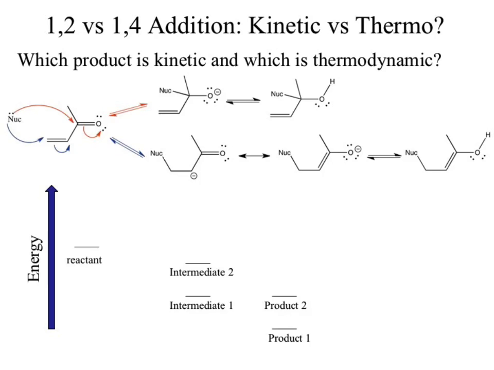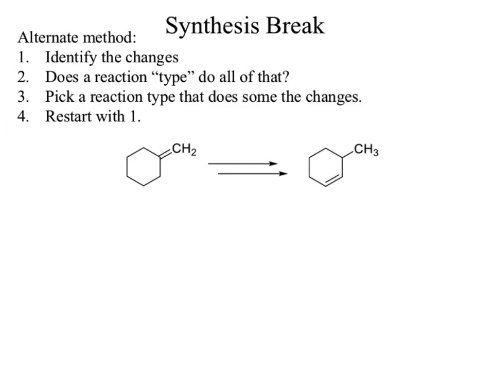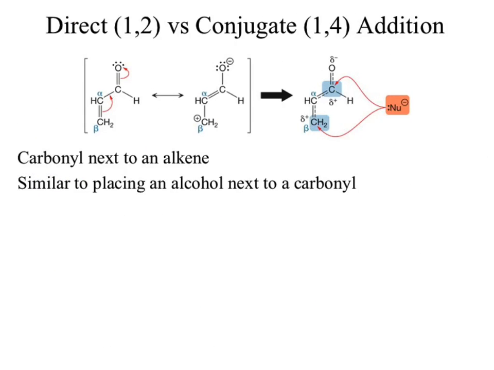The next big section, I guess I put that in at the wrong point, was looking at the 1,2 versus the 1,4 conjugate addition. So when we talked about our carbonyl in chapter 17, we were using really, really strong nucleophiles, and we really only looked at the carbonyl functional group. But what happens if I bring a functional group close to another functional group? Well, they can affect each other. That's why we can take an alcohol and make it acidic by,